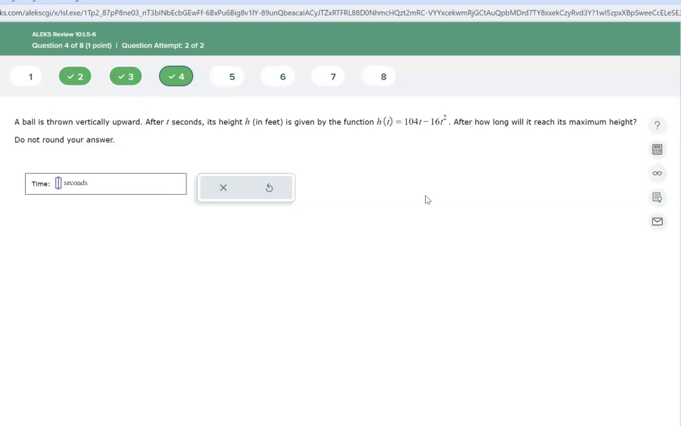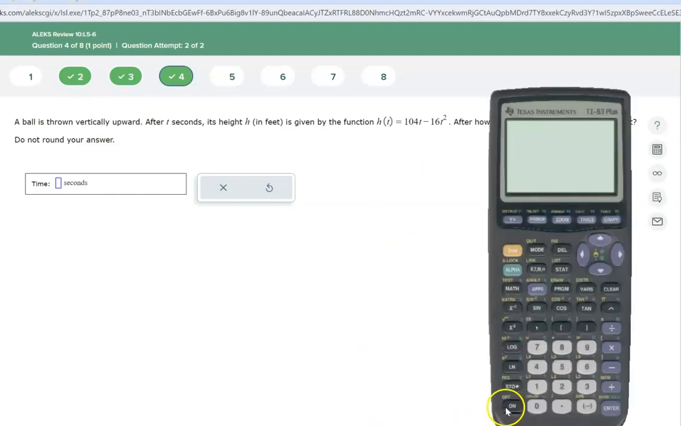Now there's a couple ways you can do this. You can take your b, which is 104, take the opposite, which would be negative 104, divide it by 2a. Or you can go on your calculator, go to y equals, and type in that equation, which will be negative 16 x squared plus 104 x. And then if I go to graph,